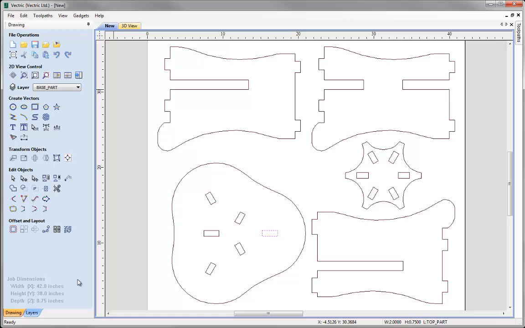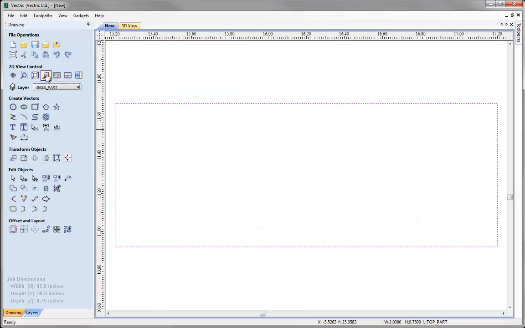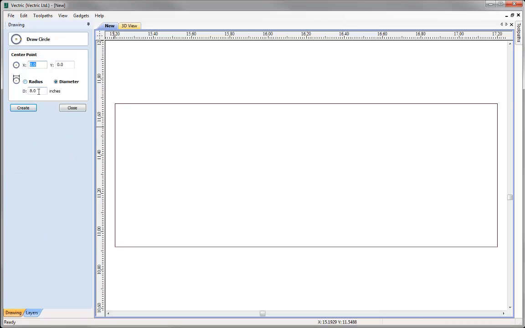There is also another thing that we need to keep in mind. If we just zoom in on this mortise slot here by going to zoom selected, another thing that we need to keep in mind is that we're using a circular tool to drill out the material to create this square shape. So if we for a minute just imagine that we're using a 1/4 inch tool, I'm just going to draw a 1/4 inch circle,